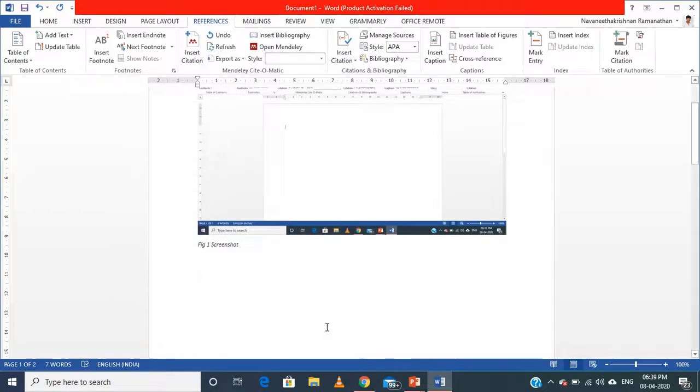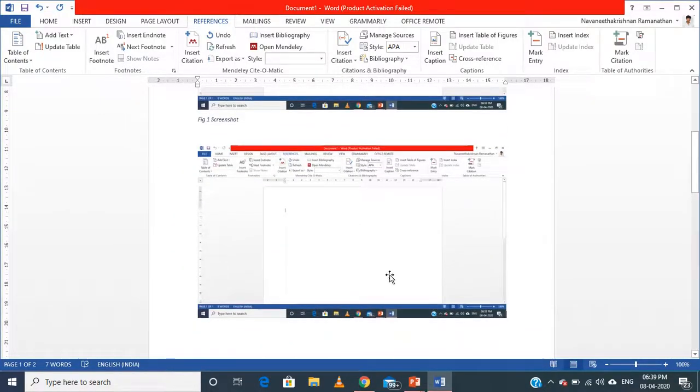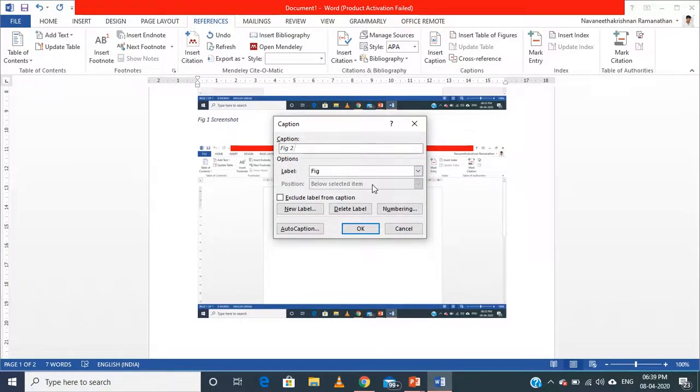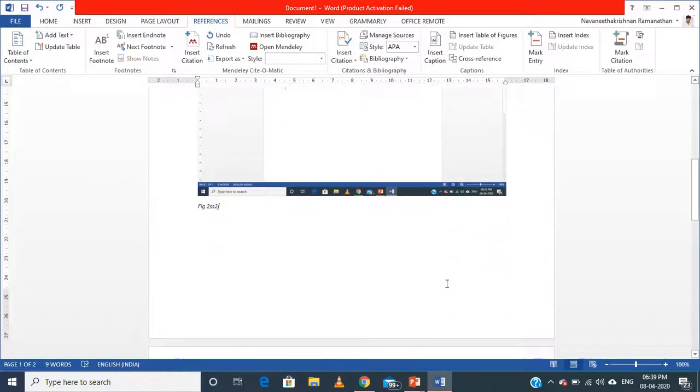So we will give one more figure, so then we will understand. I have inserted two figures, and inserted the caption Figure 2, screenshot 2, that I have given.